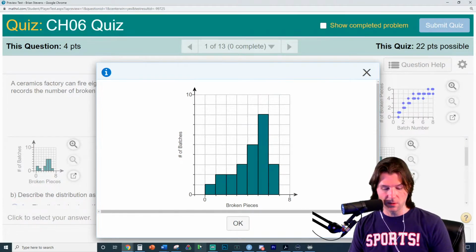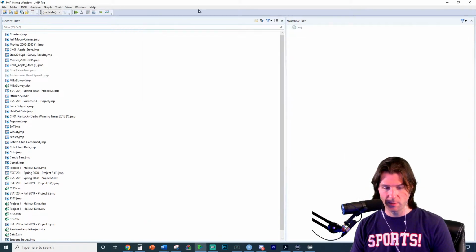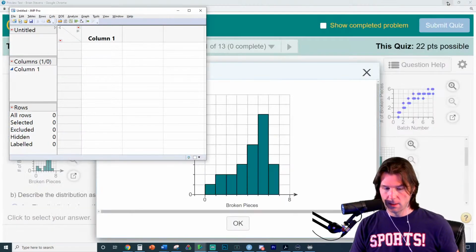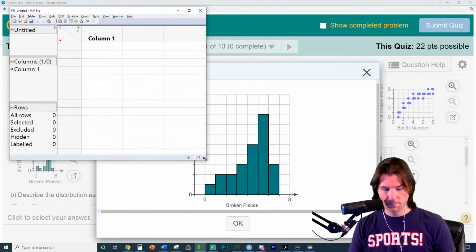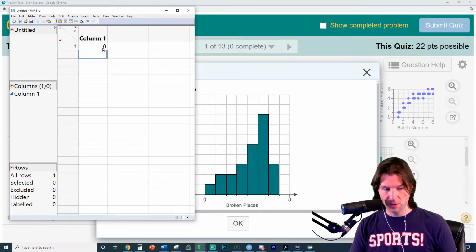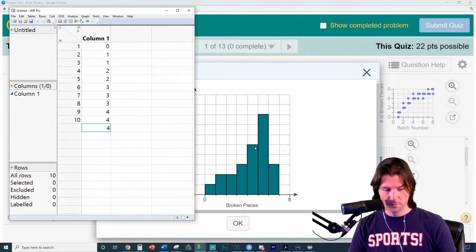Just to kind of show what this data looks like, let's recreate this. If we were to recreate this histogram, we would need to write the data, so let's show what the data looks like. Hitting the wrong button there. So here's what the data would look like. If you notice right here where there's 0, that would mean we have 1 observation at 0. We have 2 observations at 1. We have 2 observations at 2. We have 3 observations at 3. And I'm doing it by the height of the bar: 1, 2, 3. We have 5 observations at 4.